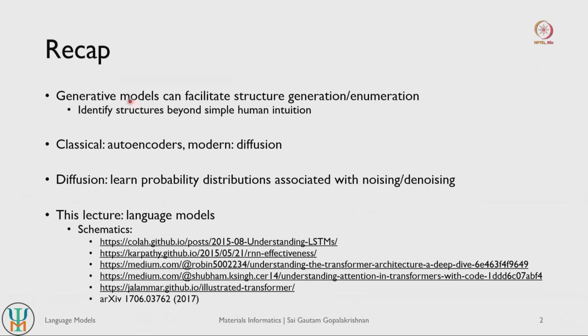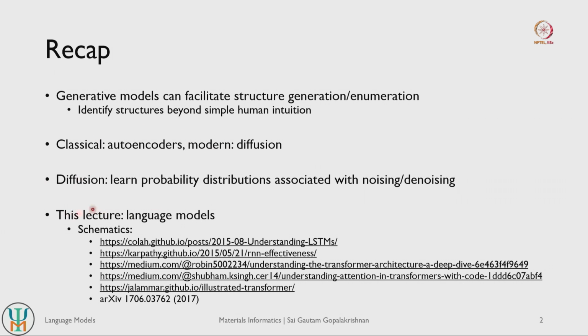So just as a recap of what we discussed in the last lecture, we looked at some generative models that can be used for structure generation or enumeration in material science. We looked at how classical models work, such as variational autoencoders. The more modern cutting edge models use diffusion. And in diffusion you learn probability distributions associated with noising and denoising processes that go from your actual representation of your structure to your latent space representation. And diffusion models can be quite powerful,